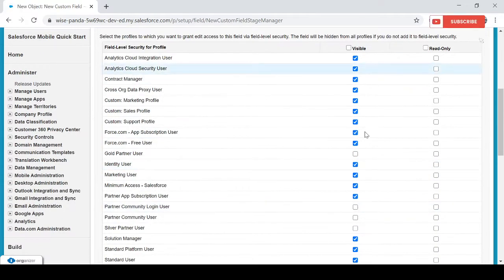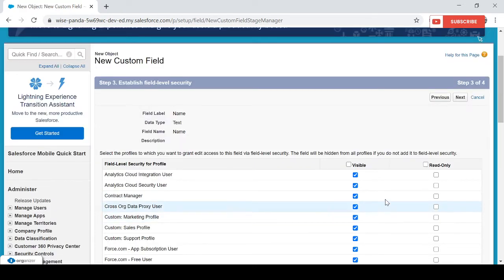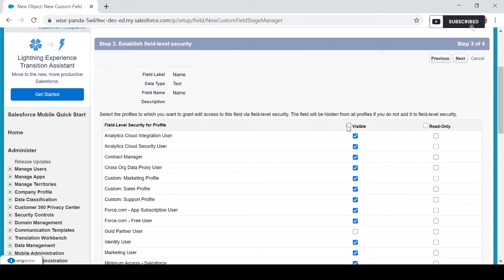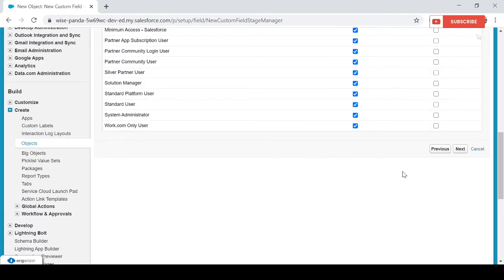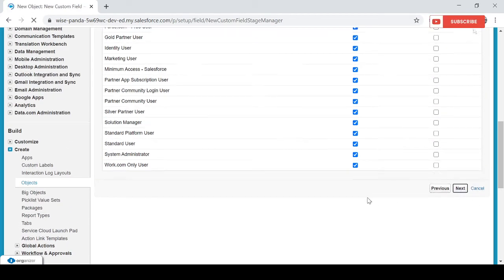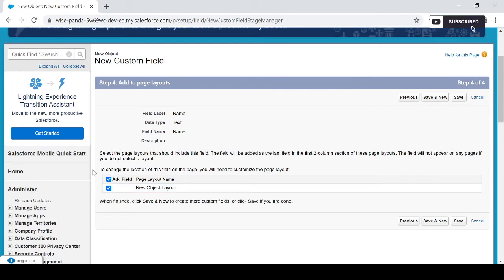Okay, here it's asking field level security related things. So I'm going to give access for all the profiles. It's not read only, so I didn't choose this one. Here I have provided the field level security for all the profiles. Okay, it will be visible for all the profiles. This is the page related information.